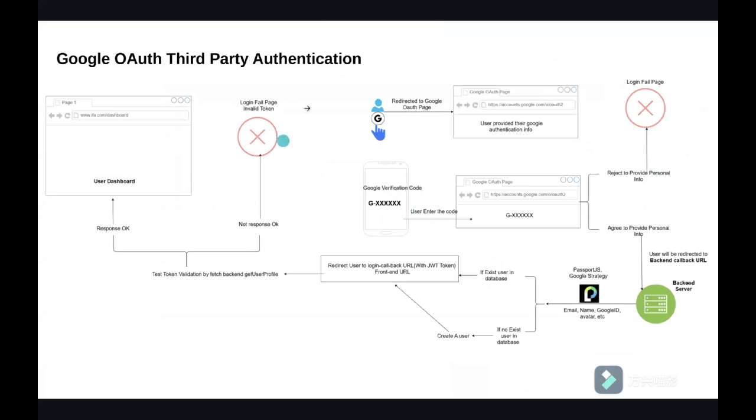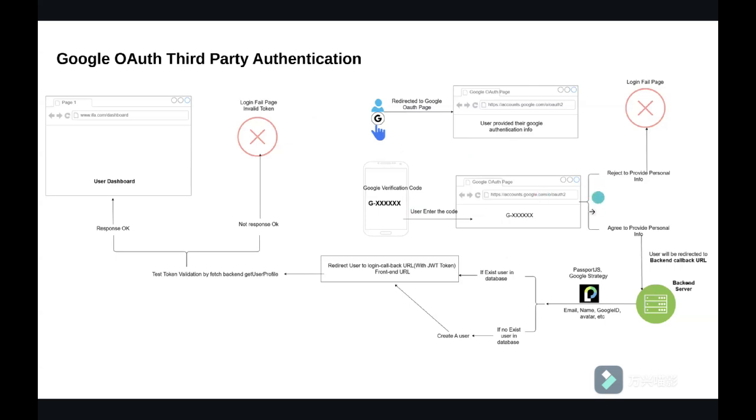So the first part, this one is the design of the Google OAuth authentication on the back end and on the front end. On the sign up page or sign in page, the user will just click the button of the Google authentication, and then the user will be redirected to the Google OAuth page. And then once the user provides the information, he will receive the verification code on their phone. And then once the user plugs in the verification code in the sign up page provided by Google,